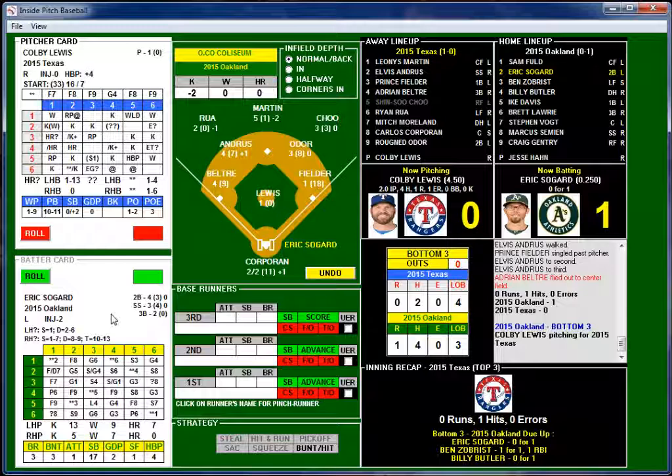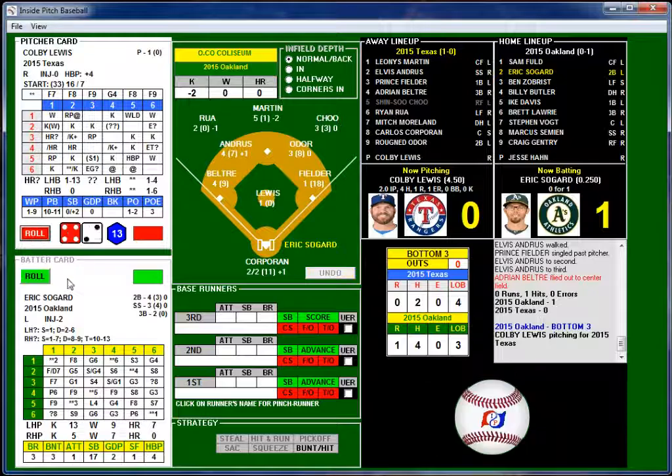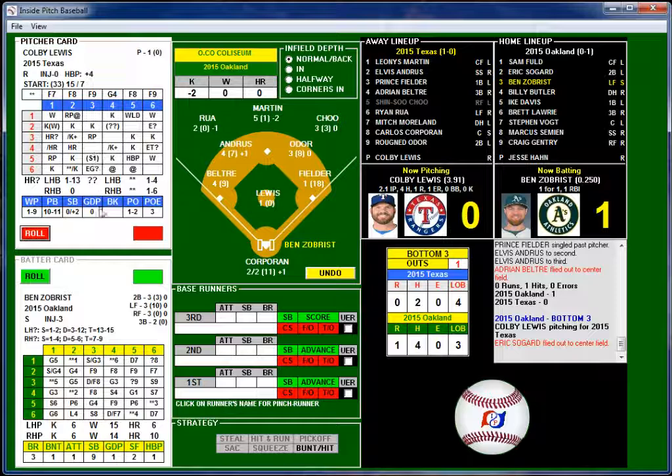Bottom of the third, Eric Sogard, 0 for 1. Lefty and playing second base today, 2-6. 2-6 is going to be a fly ball to center field. You're out. Ben Zobrist, left fielder.